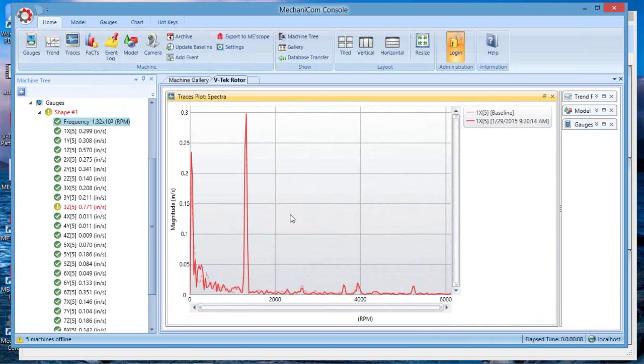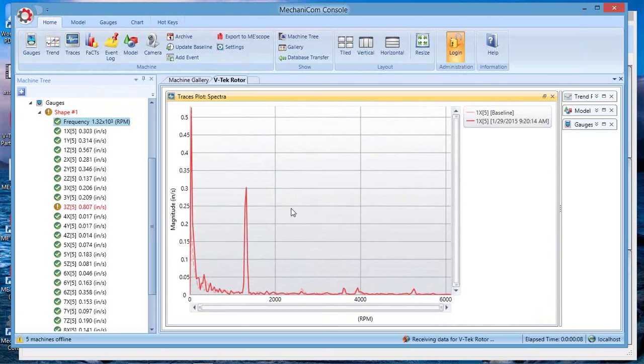You saw in the acquisition window in MEscope, some of them he changed so it went all the way out to 30,000 RPM. This particular one for this running speed wasn't changed, so it's only to 6,000 RPM. But it's something we can do in here. We can right-click,